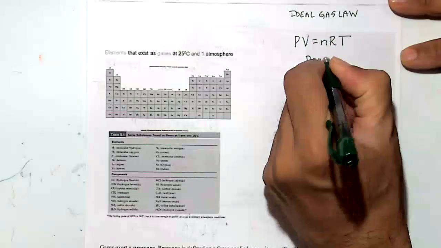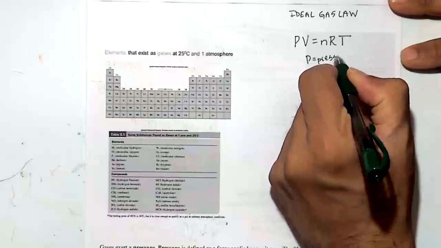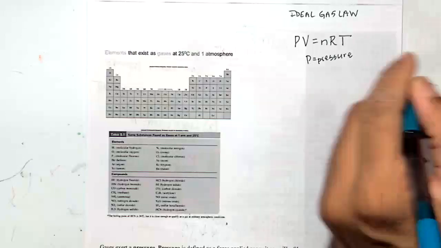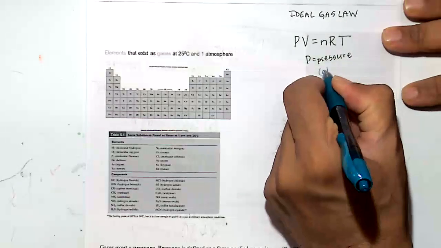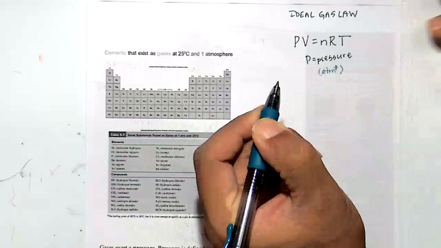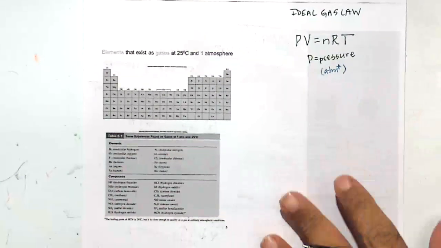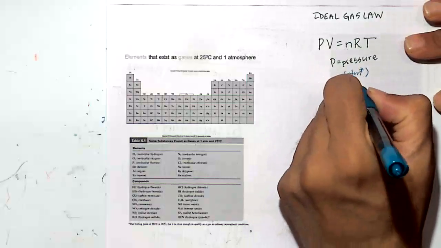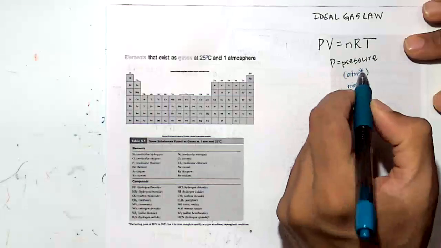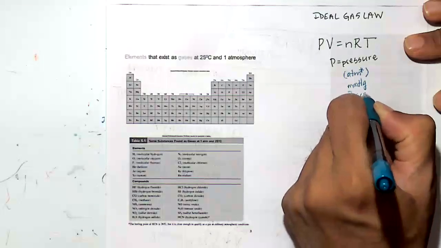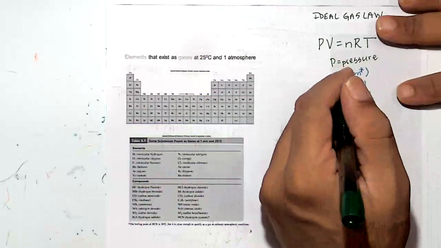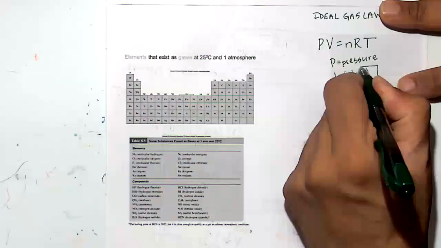P is pressure. So the units of pressure is many units. One of the units is atmospheres. This is the one we're going to use a lot. Okay, ATM stands for atmospheres. Okay, you may see millimeters of mercury. That's a unit of pressure. Pascals is a unit of pressure. So, yeah. Okay, but this is the one we'll probably use in our homework problems and our test